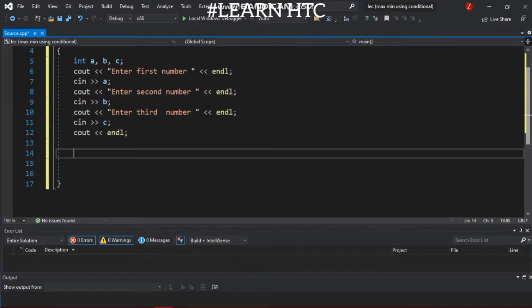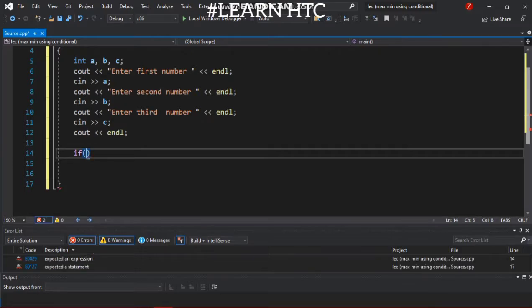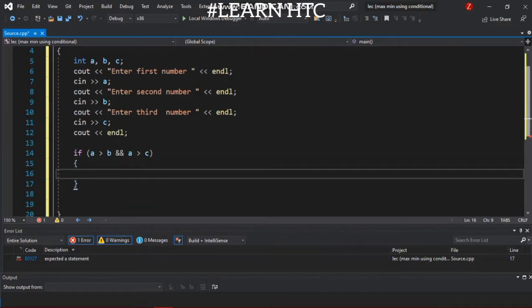The syntax of the conditional statement is: if first condition a is greater than b and a is also greater than c. What we do here: a is greater than b and a is greater than c. If a is greater than b and also greater than c, then a is the largest number.